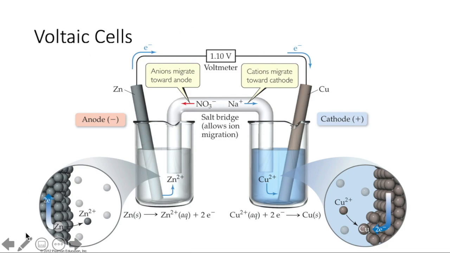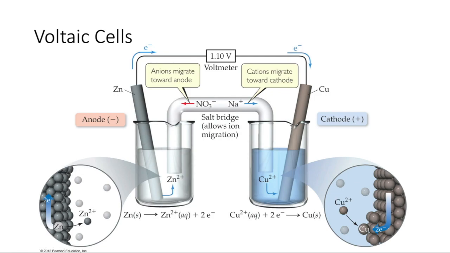Now, I want to point out something that's happening here at the molecular level. So for example, in this beaker on the left, we've got the anode here, which is made of zinc metal. And at the anode, oxidation is occurring, which is the loss of electrons. So we see this half reaction that we could write. Zinc solid makes zinc ions plus 2 electrons. Well, what does that physically mean? The actual mass of our electrode is going to decrease as zinc metal atoms become zinc ions in solution. So we'll have an increased concentration of zinc ions in solution and a decreased mass of our electrode as this